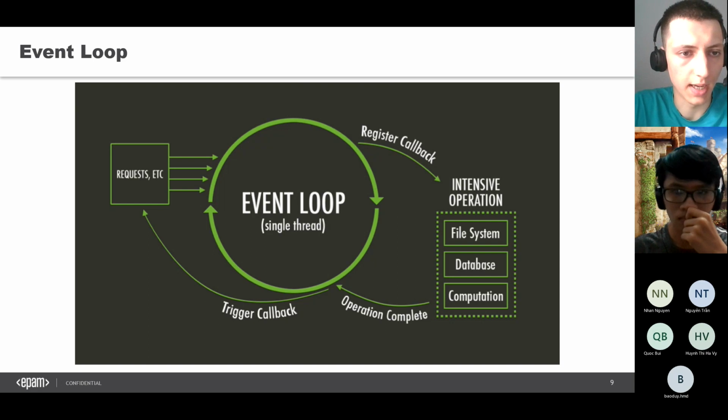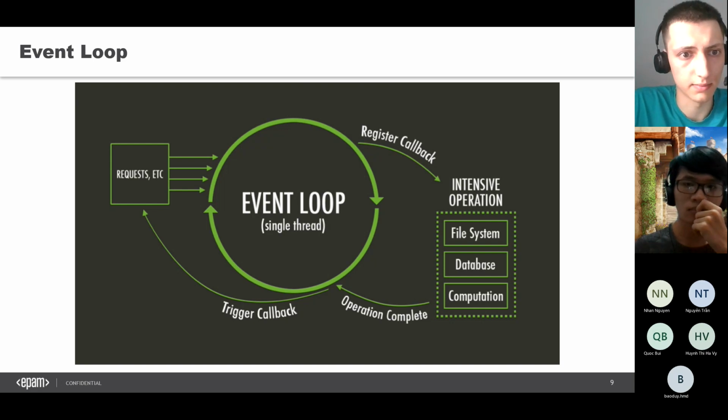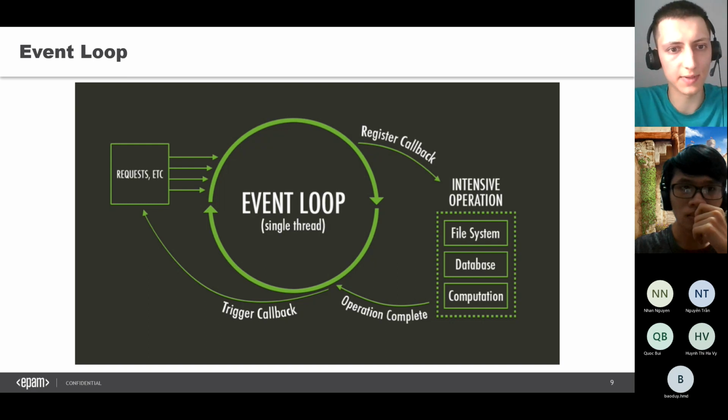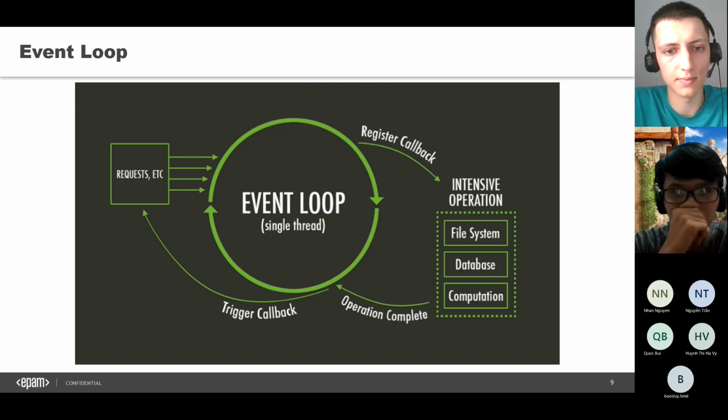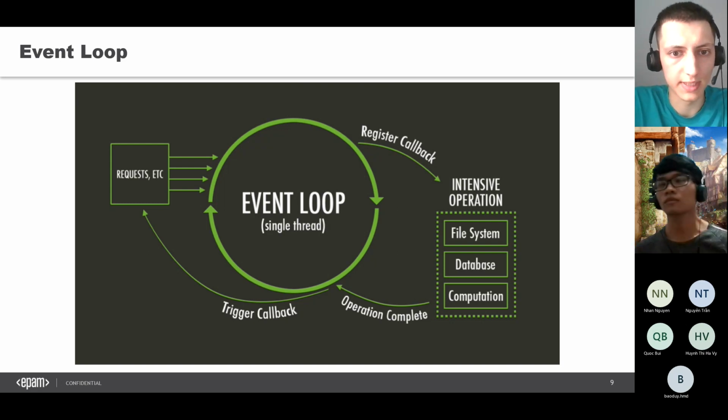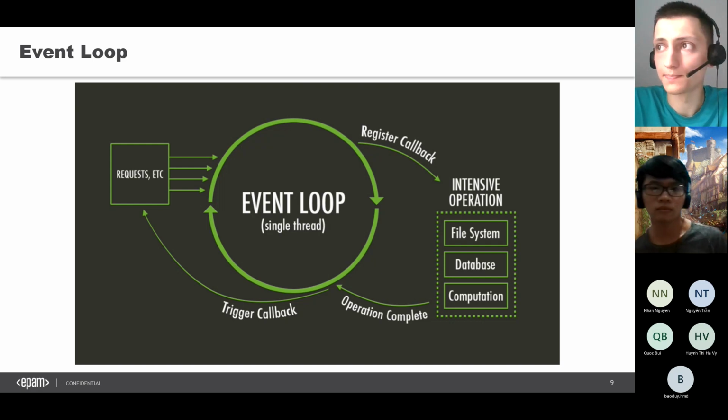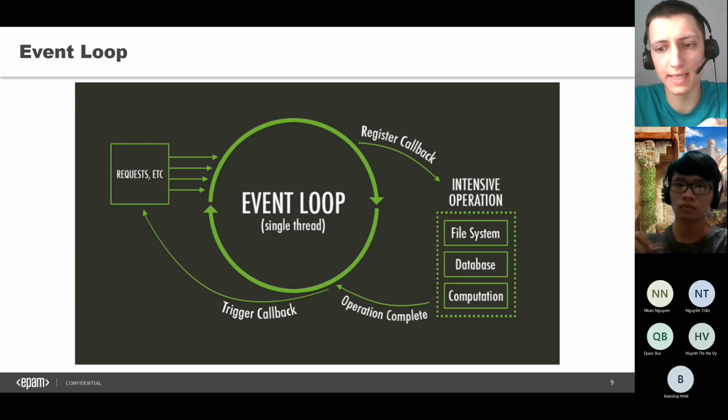For example, we run our Node.js application as a server that receives some request, and you might see that when requests come in, the event loop will do some stuff. This stuff can be accessing the file system, going to a database, or some computations.